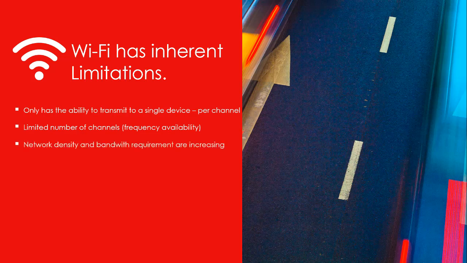Network density and traffic requirements are on an increase, and it's fast growing as well. Almost everyone and everything wants to be networked. We used to talk about user density when we assumed that we were talking about one user and one device. And then the term quickly became device density as we realized that users are carrying multiple devices. Depending on which research paper you read, the numbers vary between 20 billion and 30 billion connected things by 2020. So the problem is not really going away anytime soon.